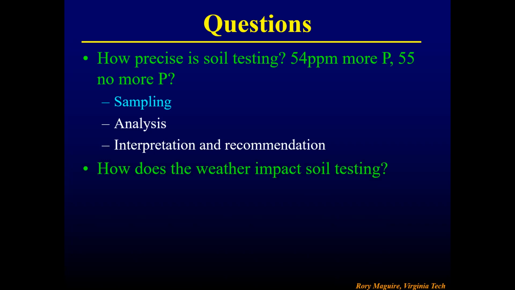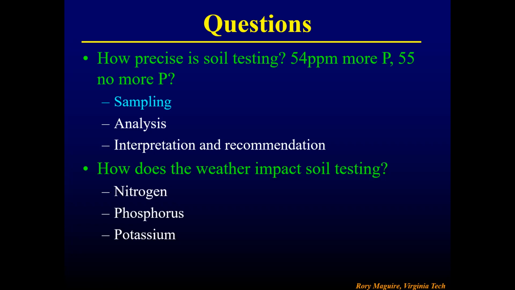How does weather impact soil testing? I covered the pH, but when you look at the primary nutrients, everybody knows nitrogen leaches, but most of the nitrogen is bound up in the organic matter. We don't tend to analyze nitrogen other than the pre-sidedress nitrate test. The nitrogen recommendation is based on the crop to be grown, your realistic yield expectation and your soil type. For soil type, we have different productivity groups for your yield expectation.